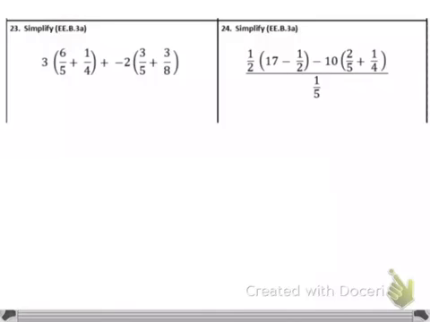Question number 23 has, again, order of operations. You have fractions. You have some negative numbers mixed in, but the basic core idea of order of operations is still going to be the same. So we're going to take what's inside the parentheses and we're going to solve that first. So then I have 3, and then I'm going to use my common denominators of 20. So I have 24 over 20, and